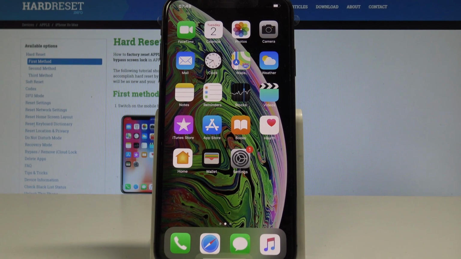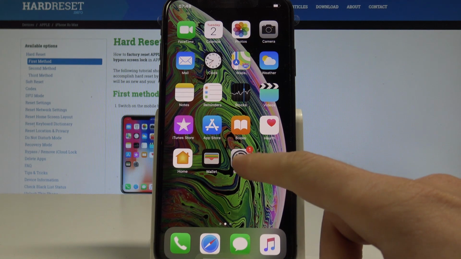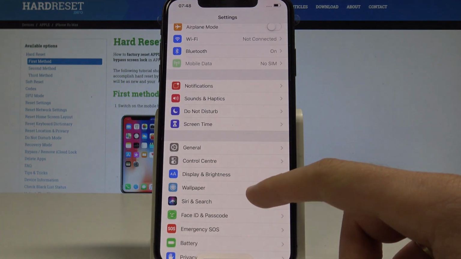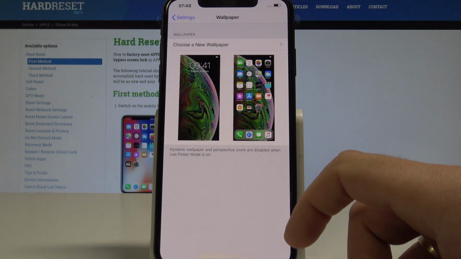Here I have iPhone XS Max, and let me show you how to change wallpaper on the following device. So at the very beginning, let's start by using your home screen. Find and select the settings. From the list of settings, choose wallpaper, and here you've got your